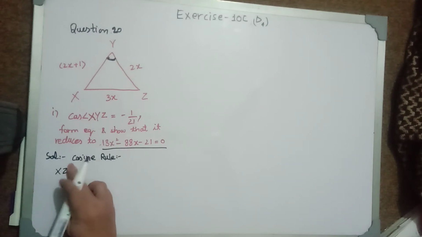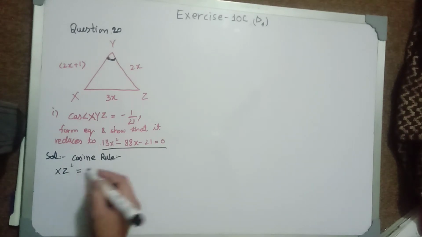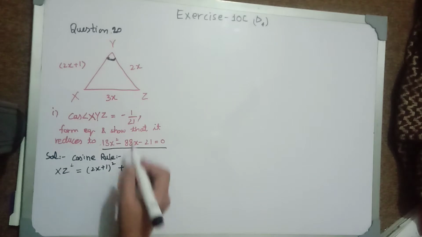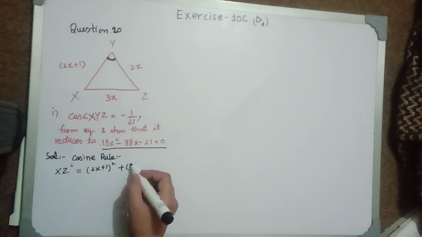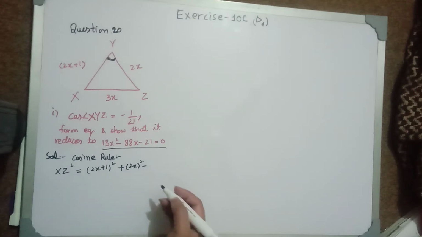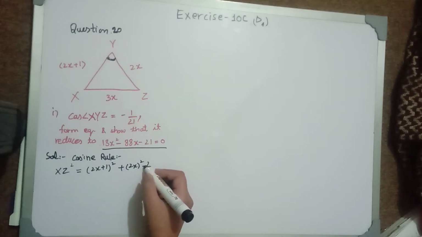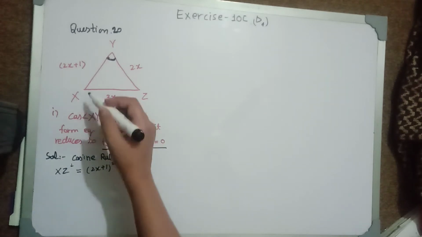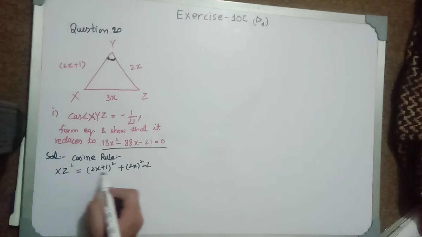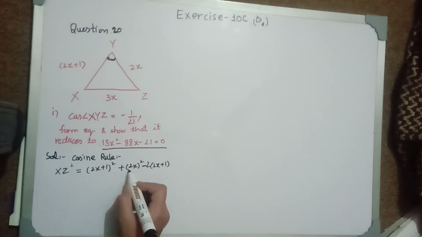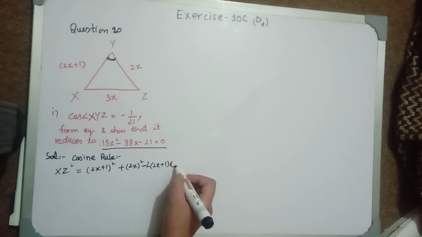XZ square, according to the cosine rule, will be equal to the sum of this side, (2x + 1) square, plus the square of the other side, (2x - 2) square. According to the theorem, we have a minus here: minus 2 into this side, which I have taken over here, and the other side, into 2x,